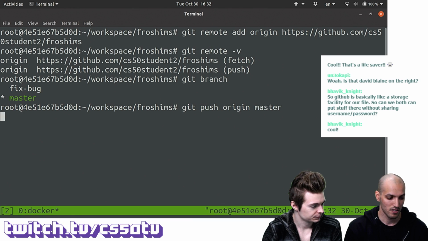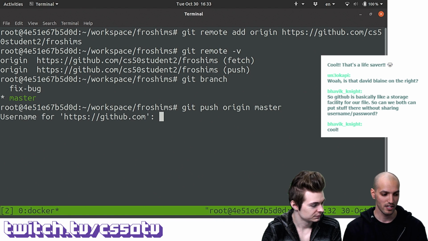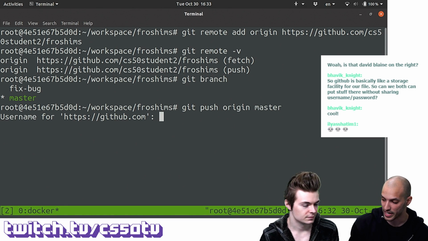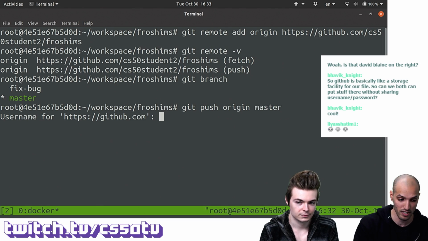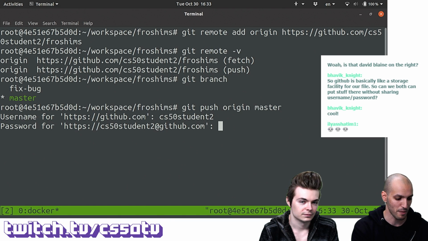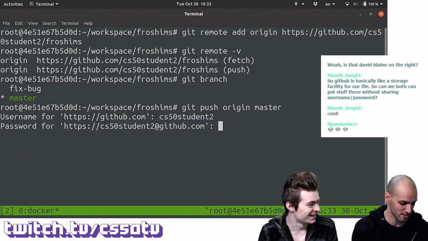If I do this, hopefully the internet cooperates. Okay, I'm seeing a prompt for my username and password, because obviously I don't want anyone to be able to push to my repository. So I'm going to provide my username, which is CS50 student2, and my password, which I'm not going to say online.